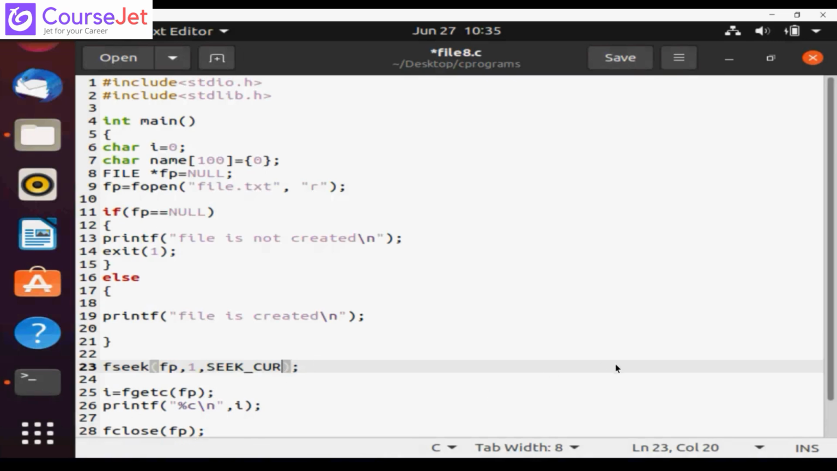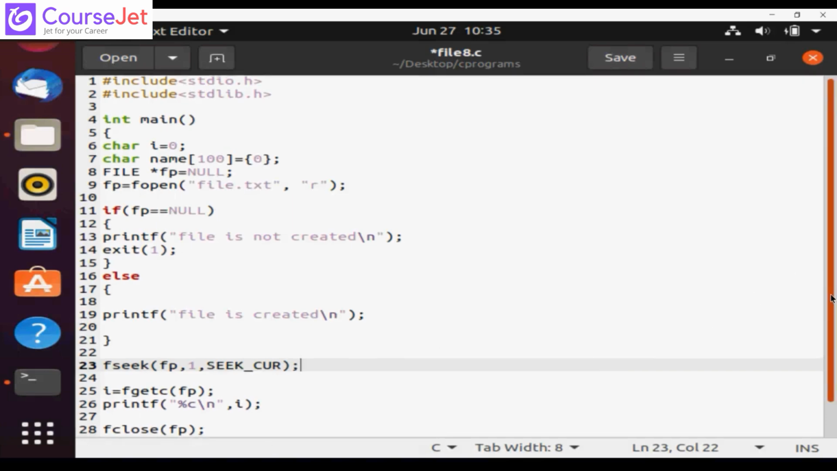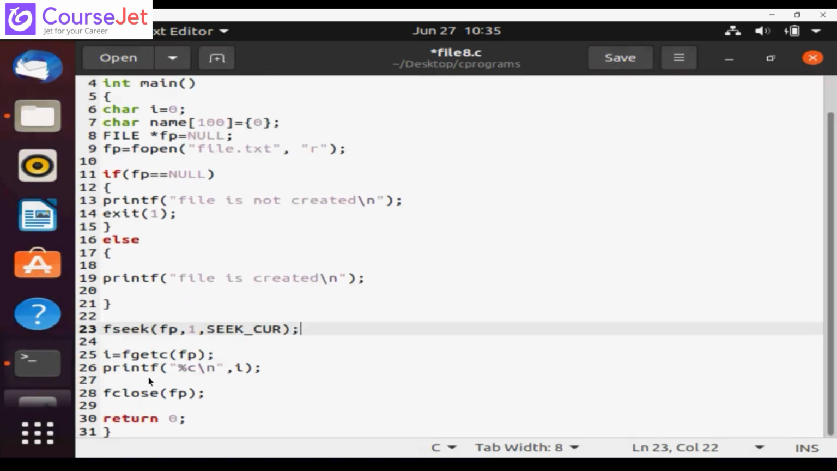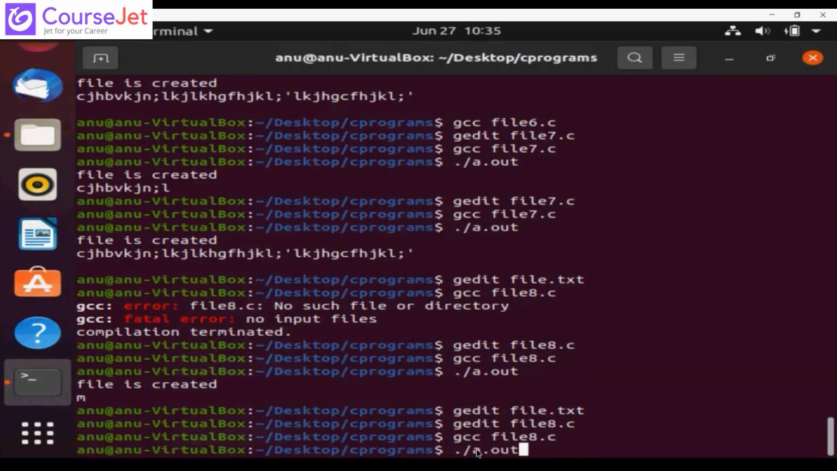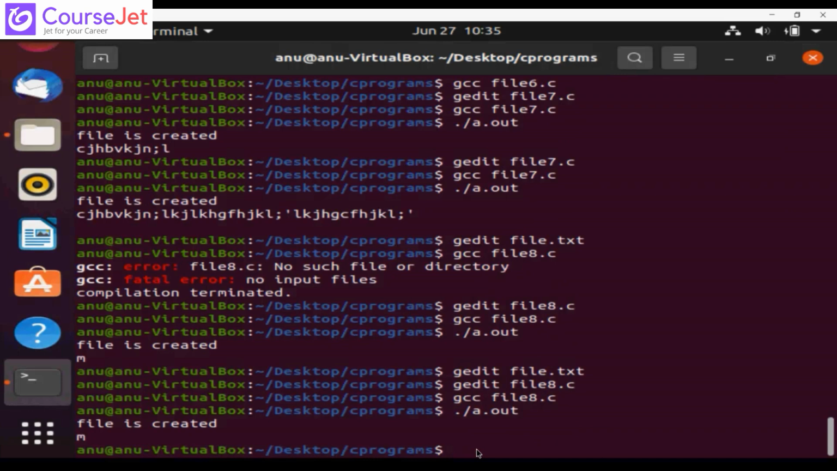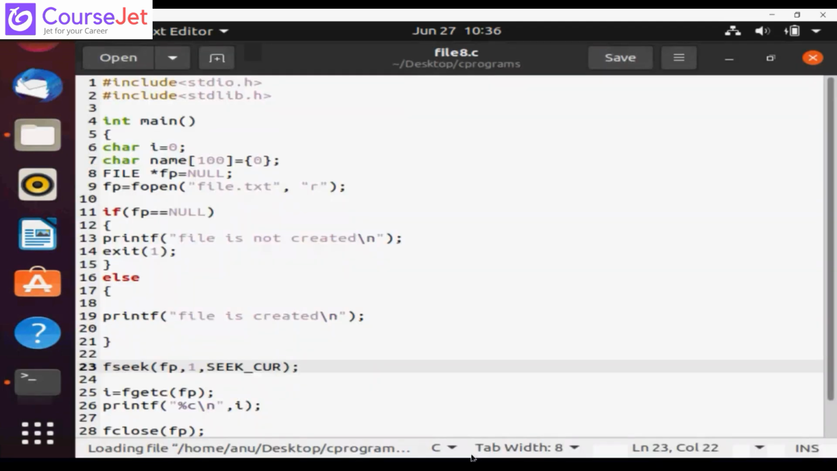We will try even here. First of all, in place of get, we will use this. Let's see the output first. Previously we got M. Here also we got M, because right now the position here is M. Now we will try to get